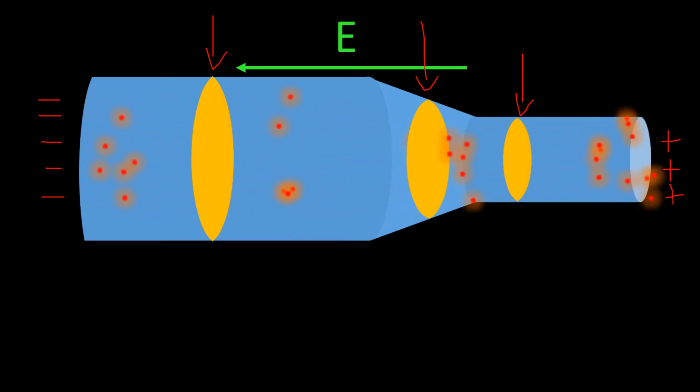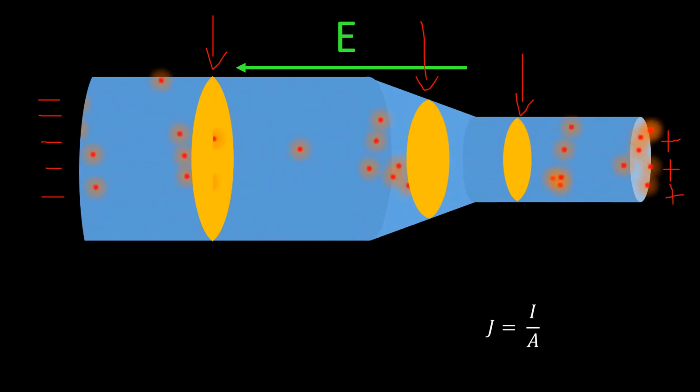What differs here is, as you go from left to right, the cross-sectional area becomes smaller, and so charges come closer, and that changes the potential of those charges to some extent, and the repulsive force also changes. So to express that fact, a quantity is defined that is called electric current density. It is symbolized by J and it is defined as I by A, that is current per unit area. Now actually J is a vector quantity and the direction of J is in the direction of current.